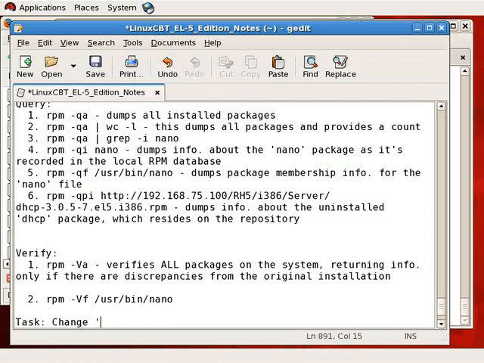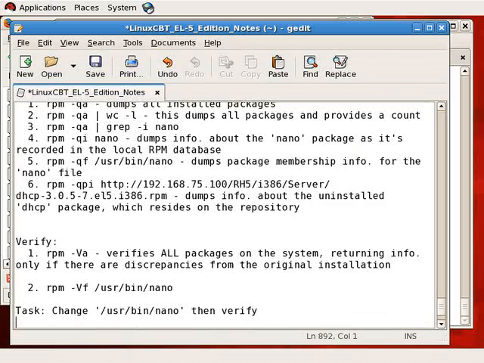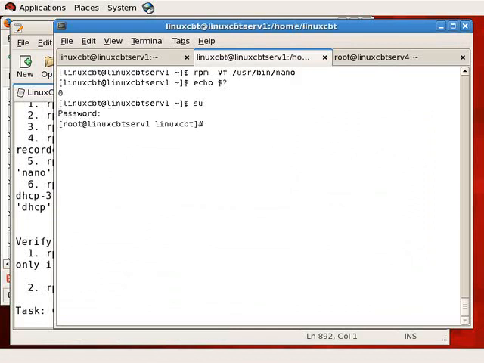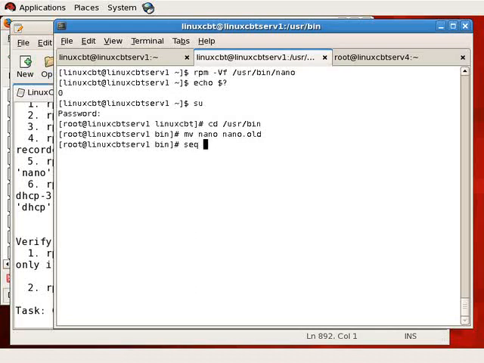So, task: change /usr/bin/nano, then verify. So to do so, we'll move the existing copy of nano. Let's su in first, however, as we'll need full rights to be able to do so. Then navigate to /usr/bin. So we'll move nano to nano.old. Then we'll sequence 1,000,000